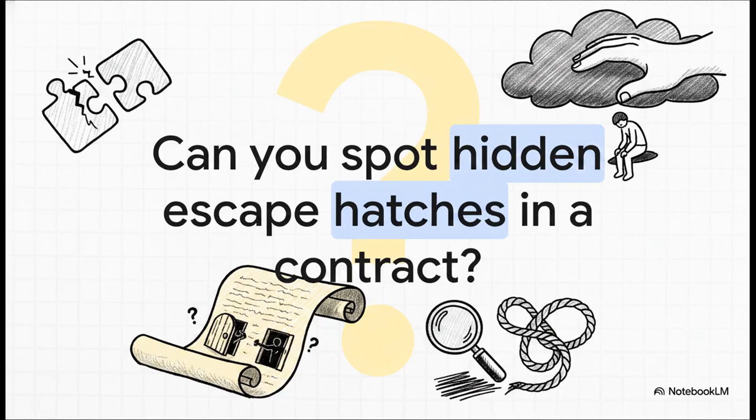So let's bring all this home. The next time you're staring down what looks like an airtight contract, you really need to ask yourself a fundamentally different question. Are you just blindly looking at the offer and acceptance that bind the parties together? Or, knowing what you know now, can you spot the hidden legal escape hatches, the mutual mistakes, the dark shadows of economic duress, or the microscopic print of unconscionability that might just set them free? Because honestly, that's how you really read a contract.